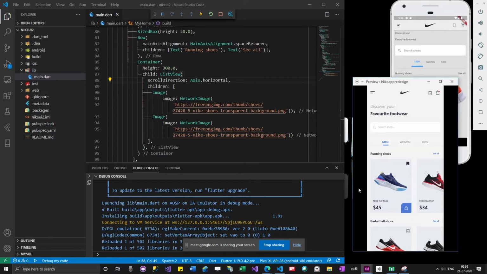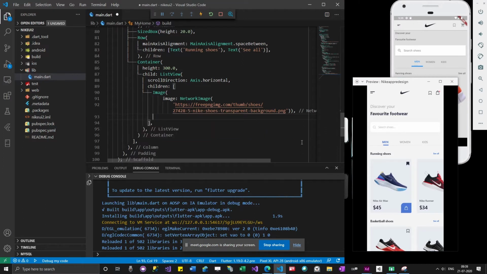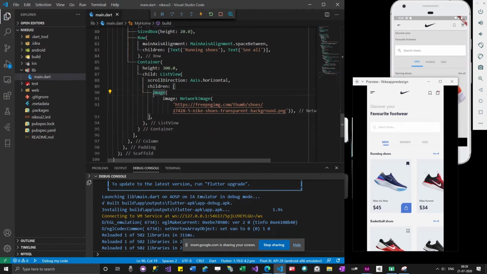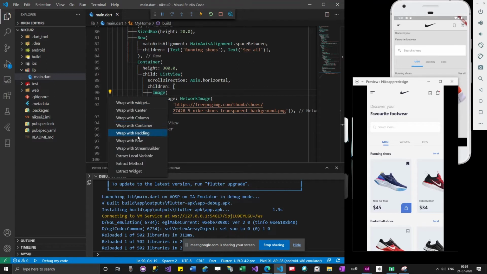But if you look at this image, you could see that there are some icons on top and some text, some button over here. We can achieve these things by using a stack widget. Stack widget is something which you will be using regularly. So I'm going to wrap this inside a stack widget.